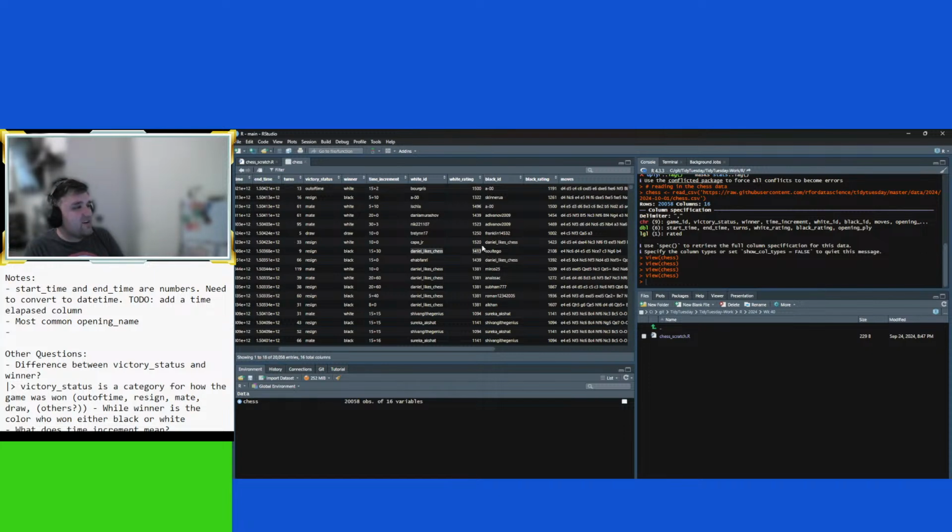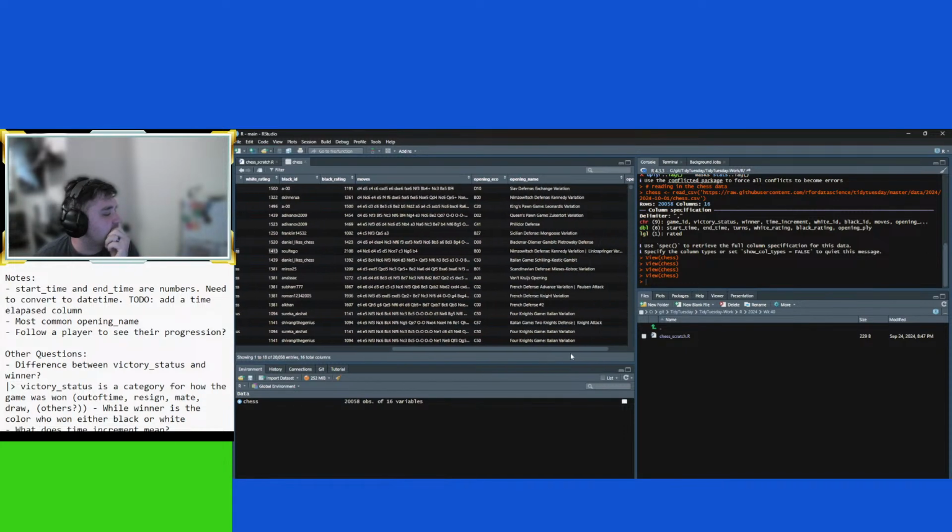That might be kind of interesting. Their progression. Player. Okay, this is kind of a cool data set.